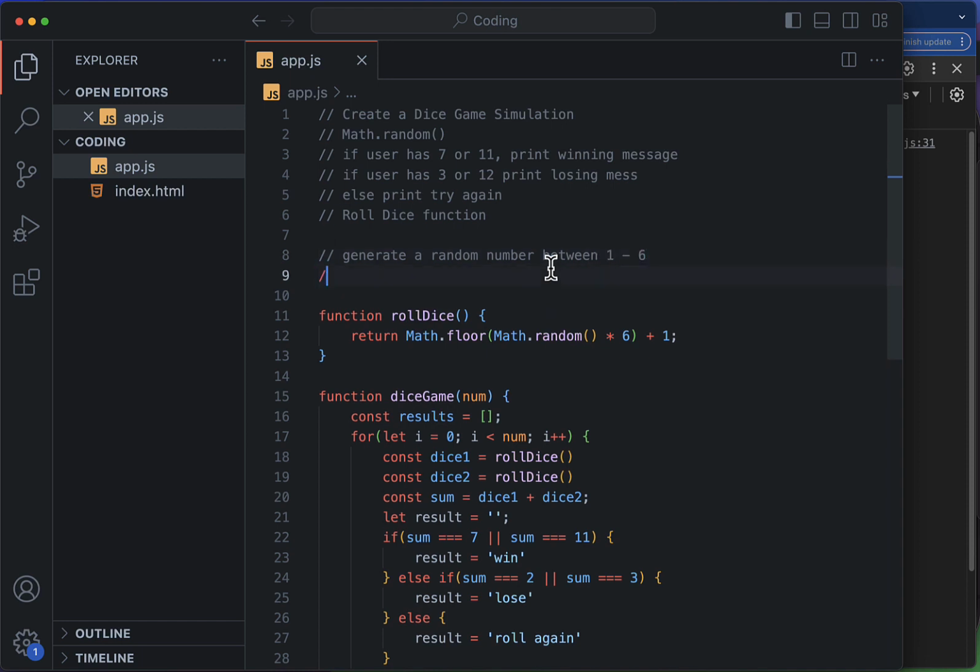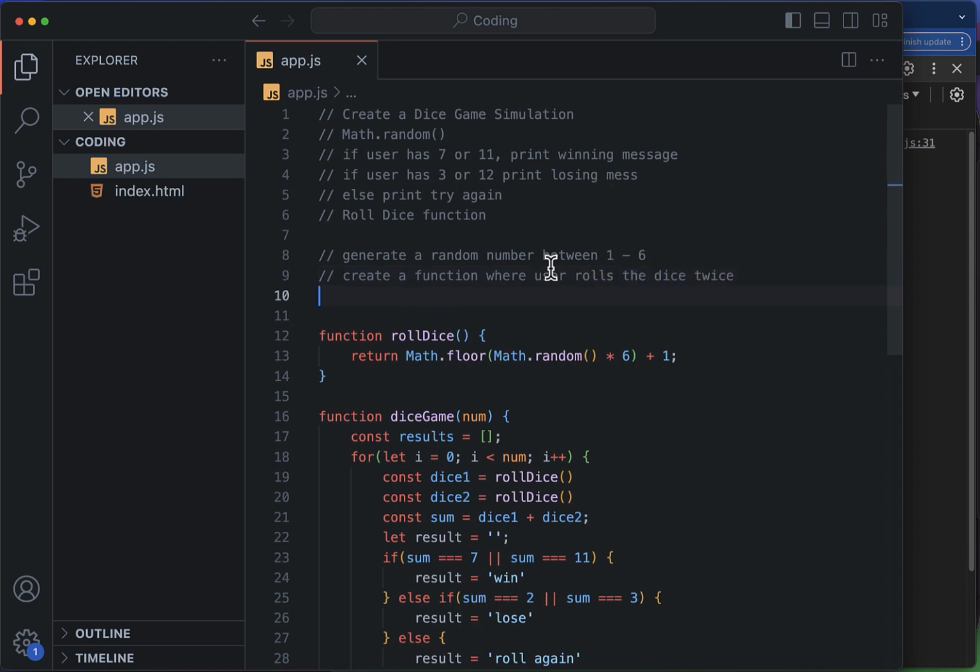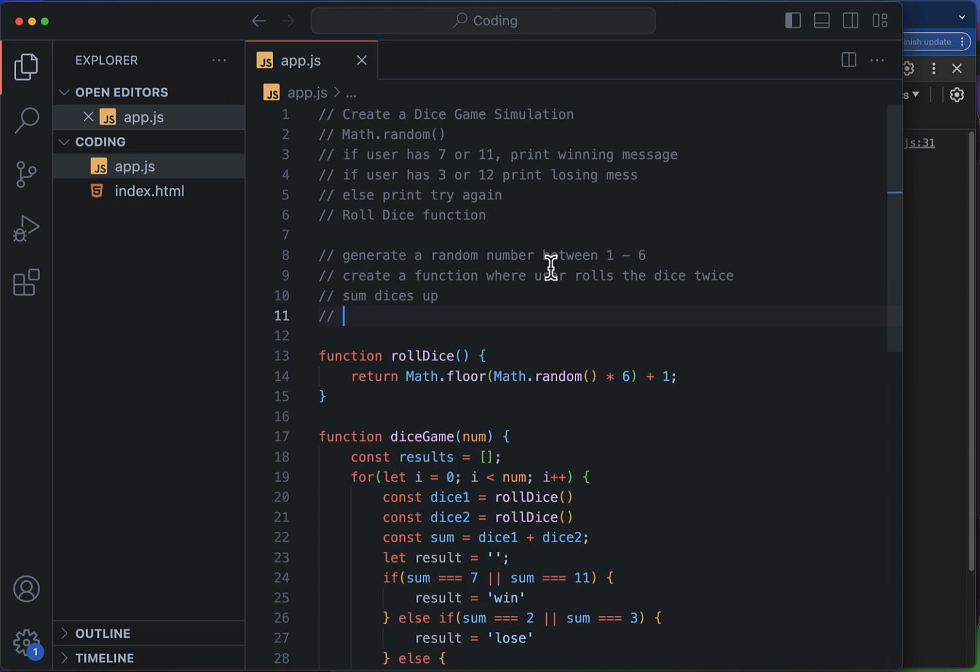Second thing, create a function where the user rolls the dice twice, sums the dice up, includes them in an array,